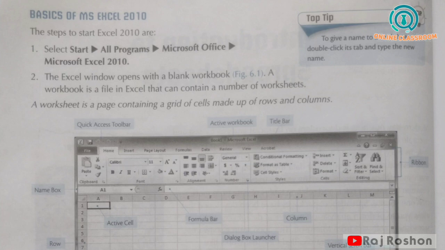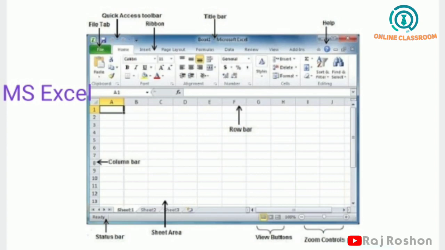Next point, basics of MS Excel. Here you have seen one diagram, figure 6.1. If you see this figure, you can understand, it is more clear in your book. All those parts are given: file tab, quick access toolbar, active worksheet, active workbook, title bar, and all other parts of the worksheet.